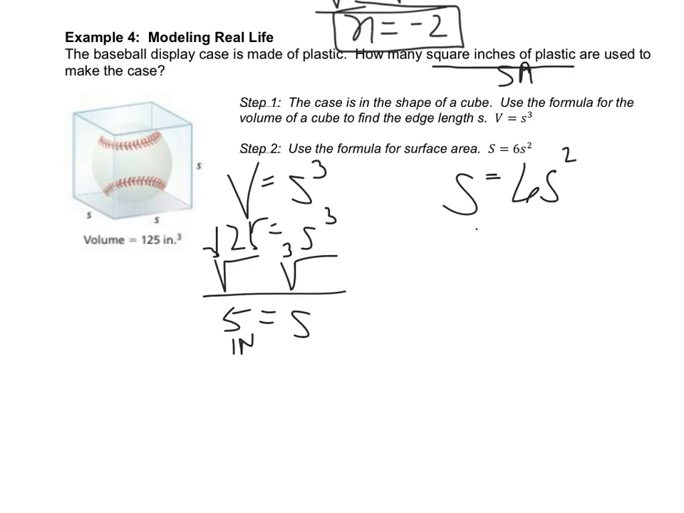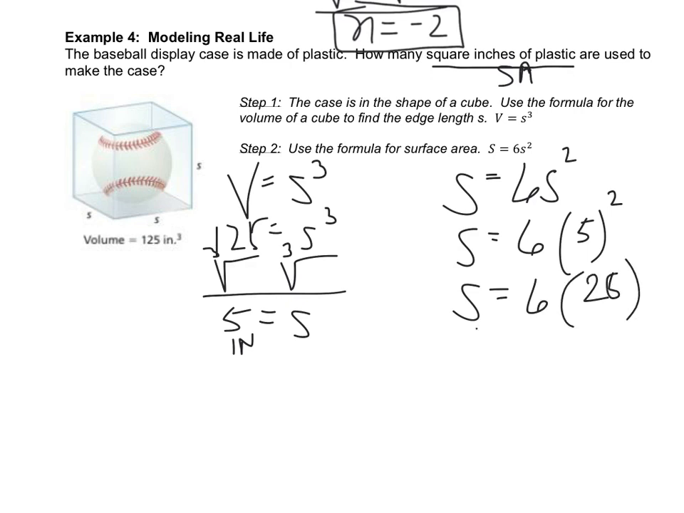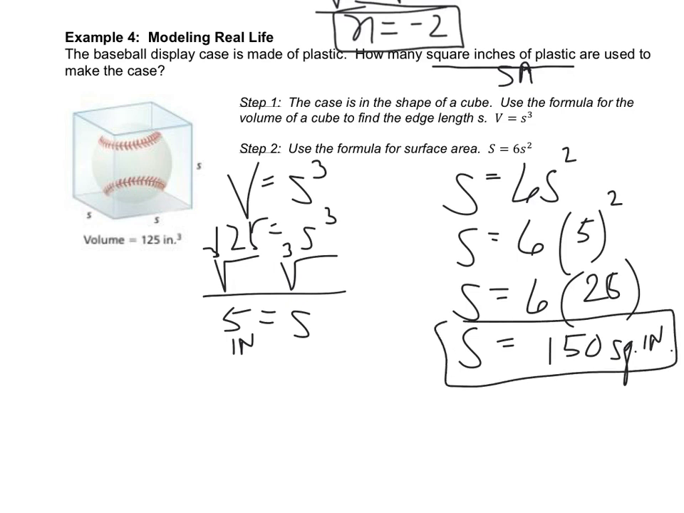So I'm just going to plug in what I have. We have 6 faces. We know that each of the sides are 5, and if I multiply length times width, I'm going to get the area of each face. That'll help me get one face multiplied by 6 to get the whole surface area. So the surface area is going to be 6 times 25, and then 6 times 25 is 150 square inches, and that is how much plastic we need to make the cube for the baseball,